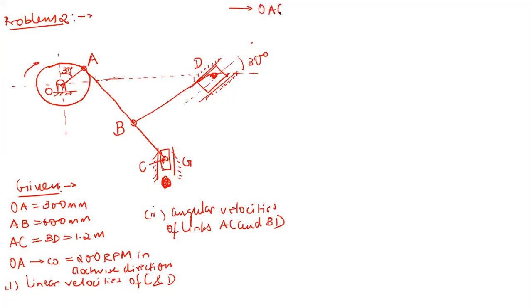So one is OAC. So see, once you become an expert into this, then these things are not required. But initially, let us always go through like this. Otherwise, you will become confused. So OAC and DBC. So now let us start with OAC. Right. So just tell me quickly which vectors are known to us, which are not. Or let us try to figure out what will be the vector equation. So what will be the vector equation? Which vector equation we should write first?